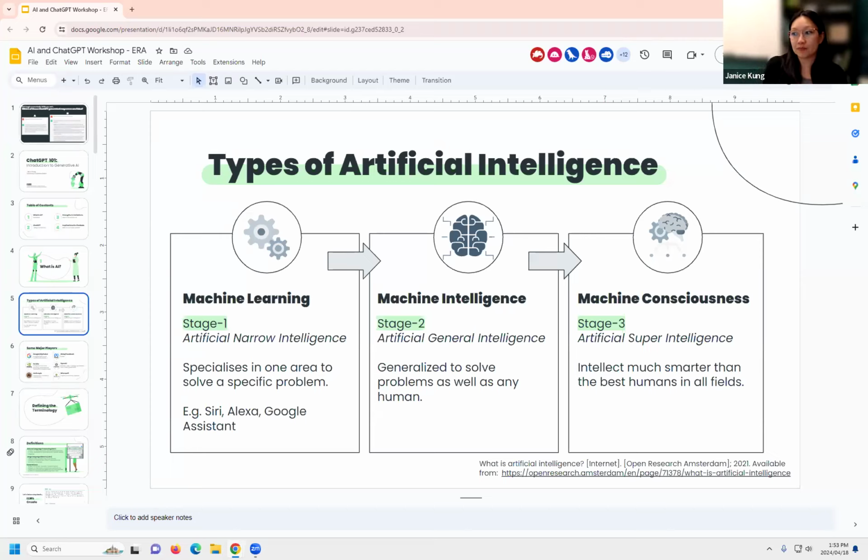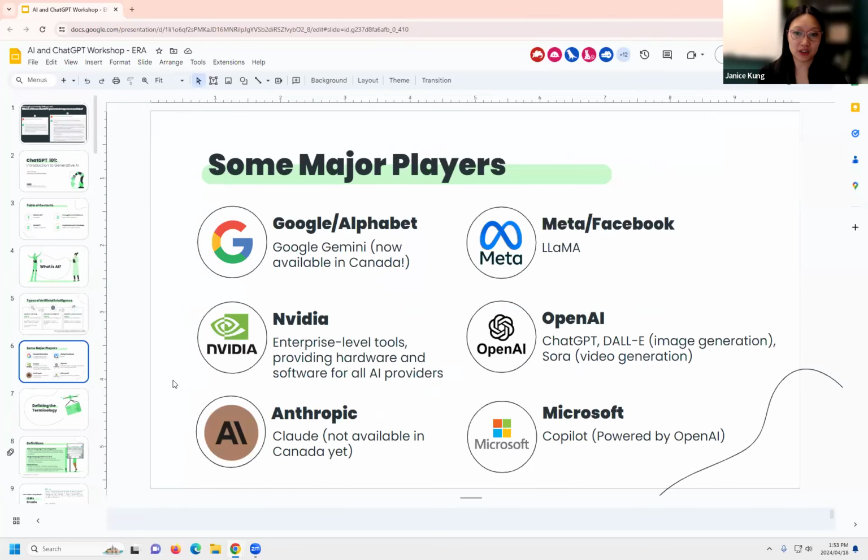That's a great question. In terms of what I change in the presentation, for example, I do have a slide on the major players. I had to change the slide because I'm in the Canadian context. For us, there are some tools we do not have access to in Canada, and the tools change, the names change. So that's where I have to go in and make those tweaks. For example, Microsoft Bing Chat changed their name to Copilot. Google also rebranded to Google Gemini.